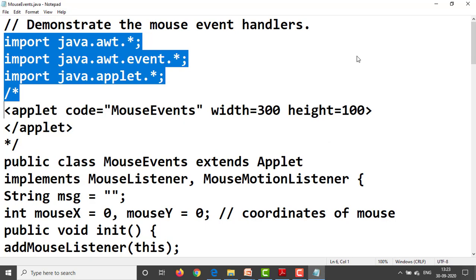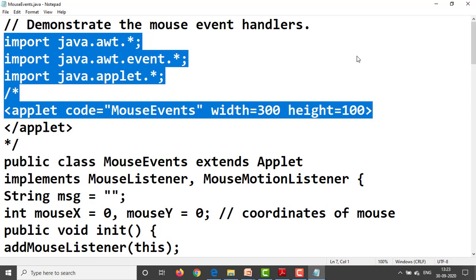Here start a multi-line comment, applet code, applet tag, code equal to class name MouseEvents, width 300, height 100. Then close the applet tag, close the multi-line comment.